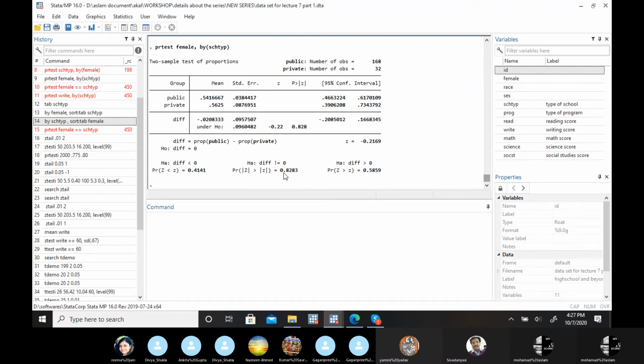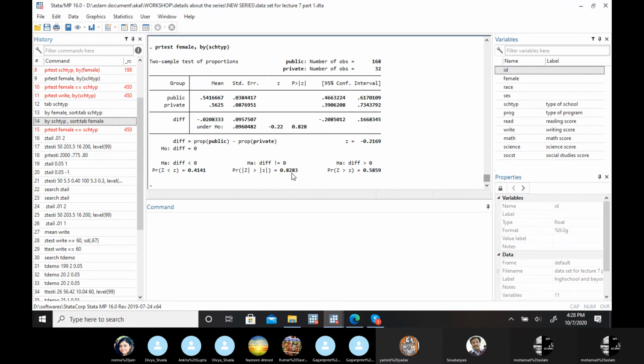So if I go with the p-value approach, the p-value is more than the level of significance. So we have to accept the null hypothesis that more or less their percentages are equal, meaning there is nothing too new in their difference in the percentage. They are giving equal preference to both the public schools and the private schools.